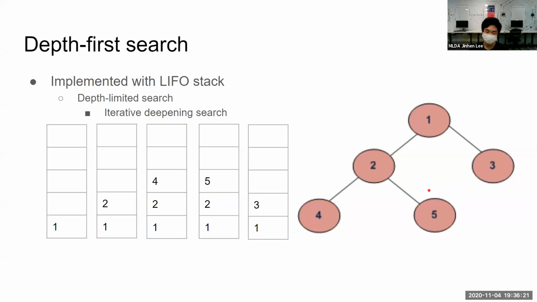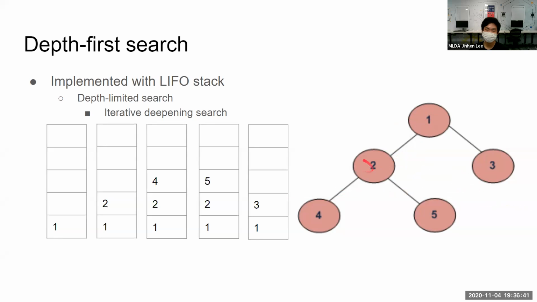So it is actually a for loop, and it goes level by level, which is similar to BFS. And again, we'll give a recap on how this algorithm works. So okay, again, we start with node 1. So we visit node 1 and push it onto the stack. And then for each of its unvisited children, we push them into the stack one by one.